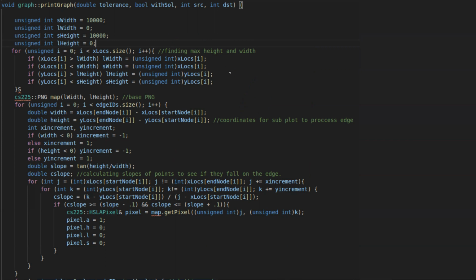And if the user of the function or the developer wants to print out a path between two nodes using Dijkstra's algorithm to calculate the shortest path, it will then call Dijkstra's algorithm to grab the vector of all the edge IDs that are part of the path between two nodes. And in the visual here,